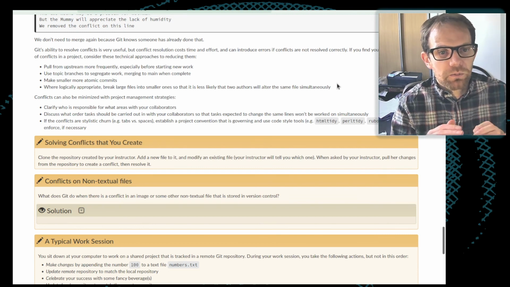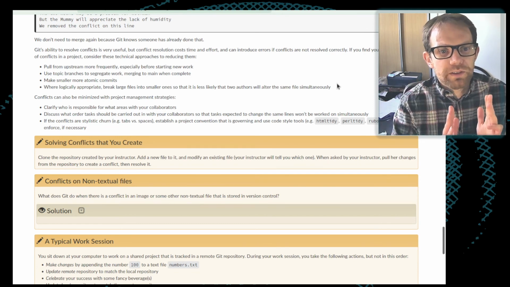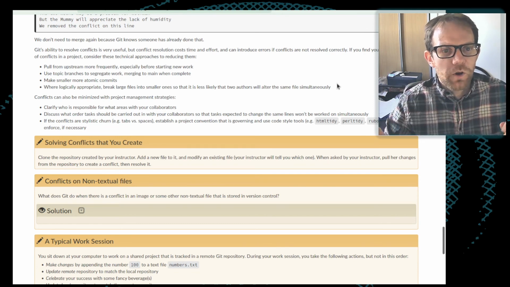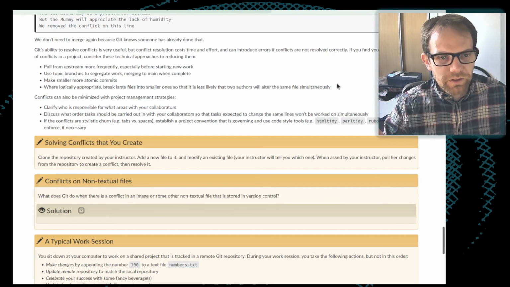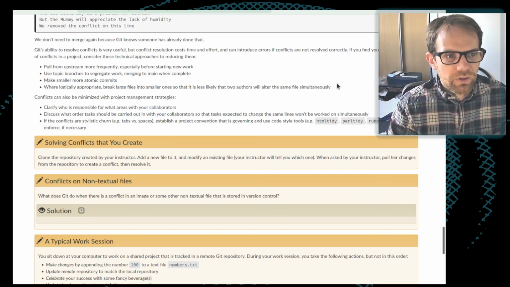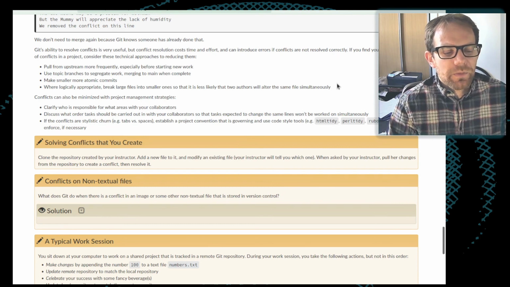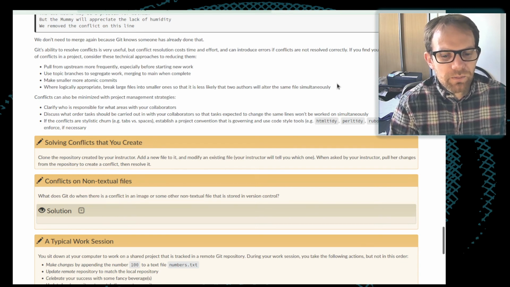Have one script file which calls some functions which are imported from one or more module files around the place. It's easier to find the code, but it also reduces the chances that two people are going to end up stepping on each other's feet if things are logically and sensibly organized.